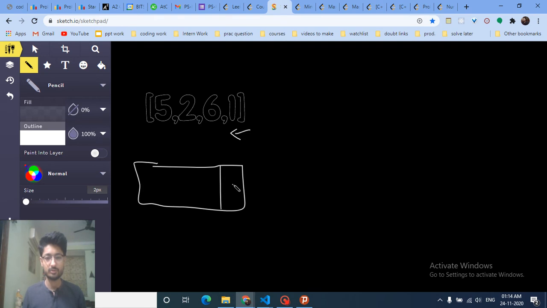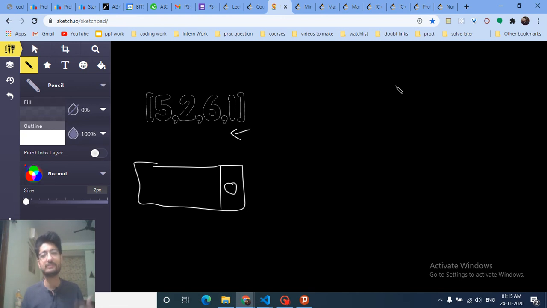So the first number has always 0, but you will build a binary search tree. Now binary search tree will help you to access the elements fast, because binary search tree has one important property in which every element which is greater than the node element or the parent node are on the right side, and every element value which is smaller than the root node is on the left side. So that's why you can just do a log n operation to search any element in a binary search tree.